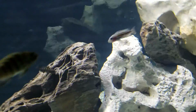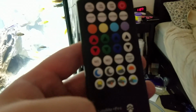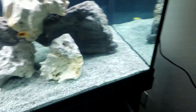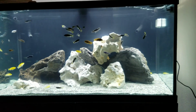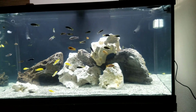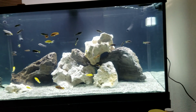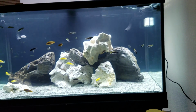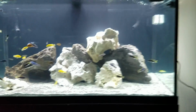Let's turn the light up. Get the remote here for the light. And let's see here. That's like purple, blue, yellow, orange. What looks best? I guess yellow. Yellow or blue. Let's see what...